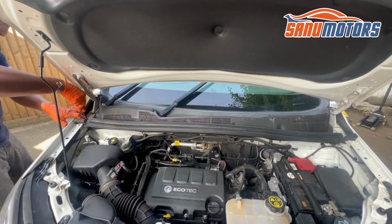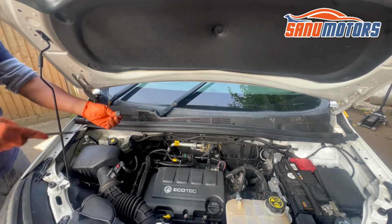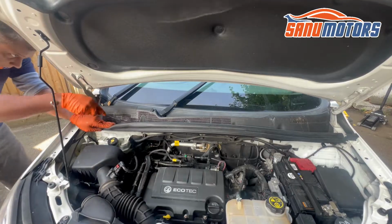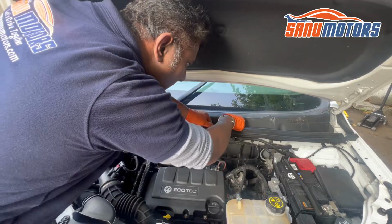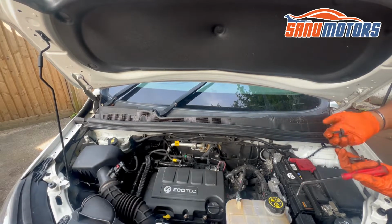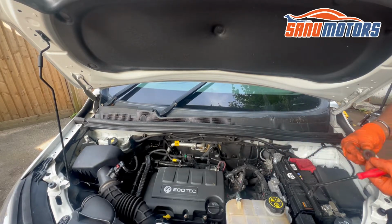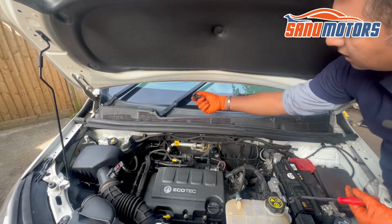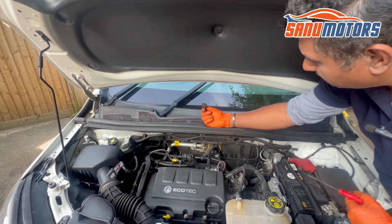Going to remove all clips. Just put something like this underneath, just lift up. 1, 2. Basically it's held with 1, 2, 3, 4, 5, 6 clips like this. Another interesting piece of evidence, I found this from here. Maybe someone attempted to do something inside around the wiper motor, I don't know. Anyway,